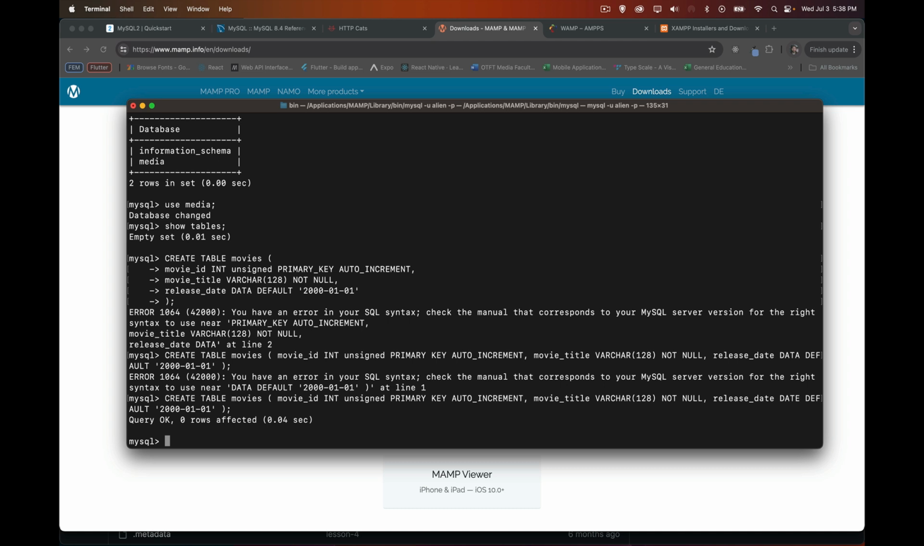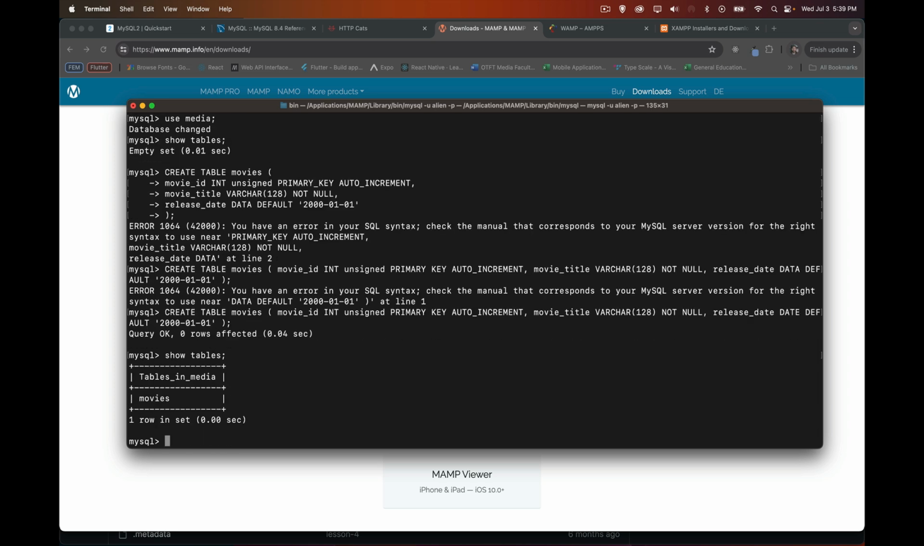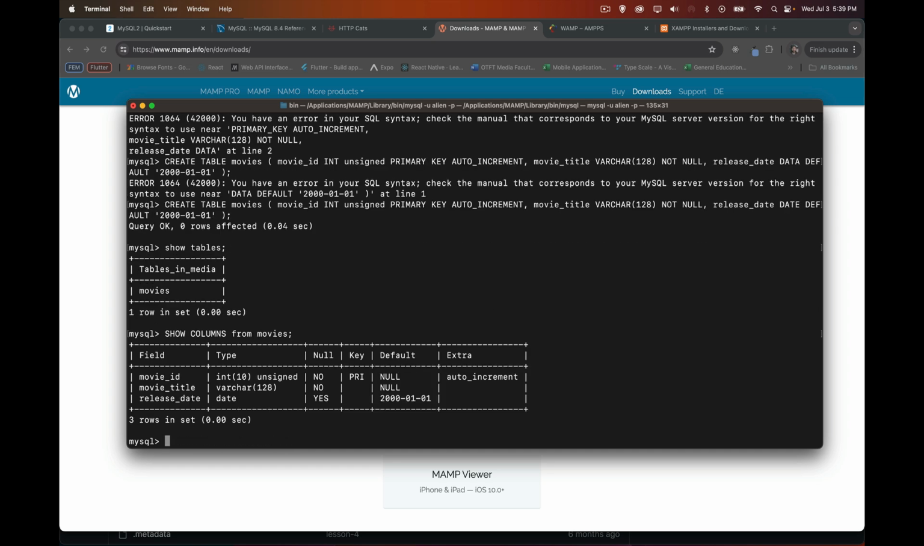If I say show tables, I've got movies, and show columns from movies. There we go. So this is what we have. Those three columns: movie ID, movie title, release date; unsigned integer, variable character, date. And we've got a default value, nulls, and auto increment for the movie ID. Okay, so we're good. So we can continue to create tables and so on here, but the point of this